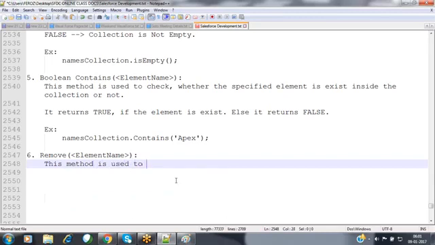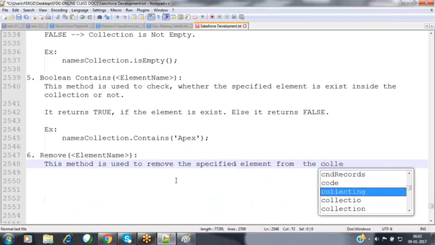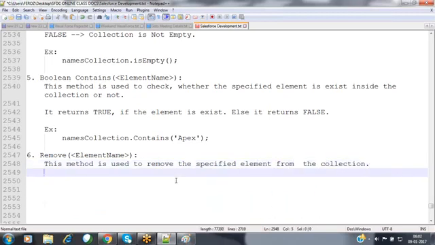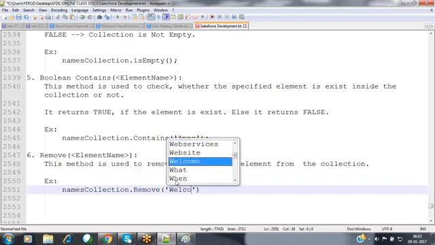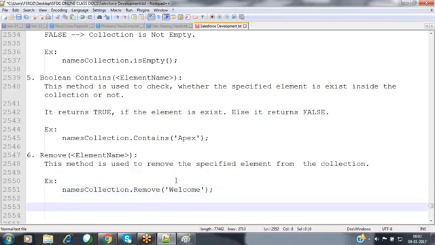This method is used to remove the specified element from the collection. For example, names collection dot remove of some welcome. Now this element will be getting removed automatically here.